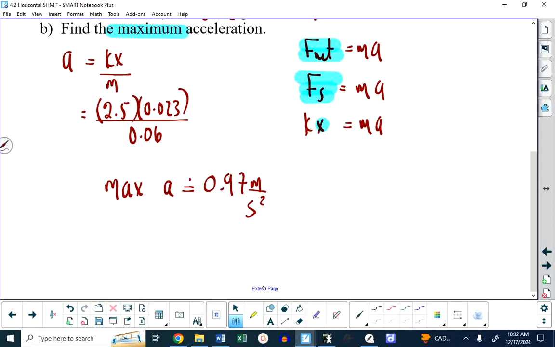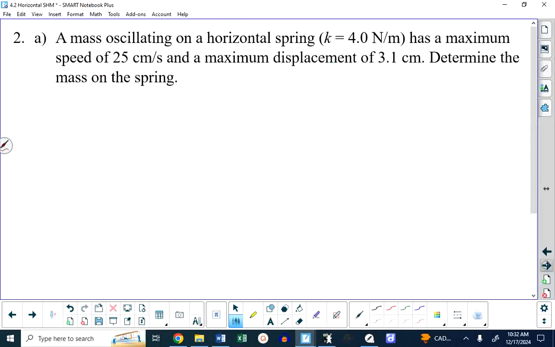Any questions with A or B on example 1? Okay. 2, a mass oscillating on a horizontal spring has a maximum speed of that and a maximum displacement of that. What is the mass? Well,